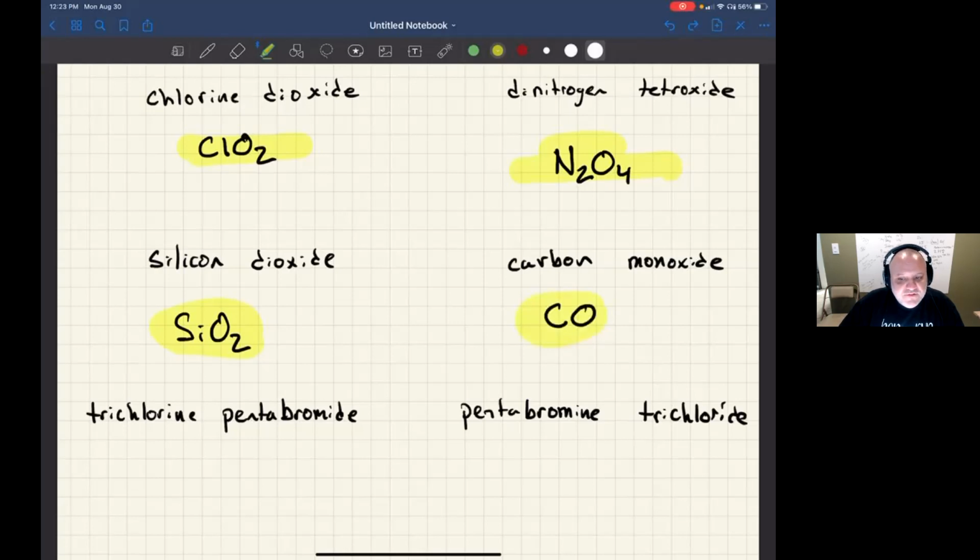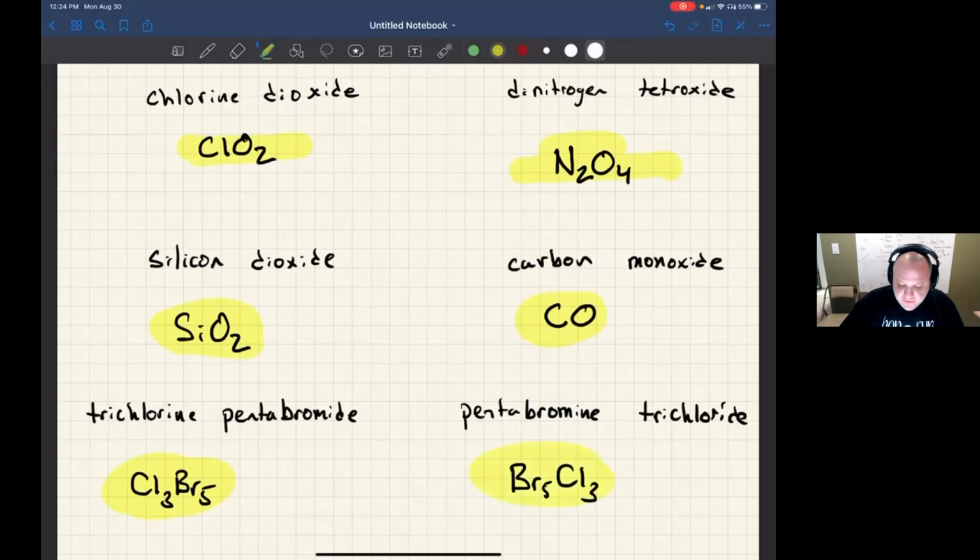Then here's this fictitious example that I wanted to show you guys. Trichlorine pentabromide. The order of the atoms does matter with the nomenclature. So the chlorine comes first. There's three of them. And pentabromide, Br, and there's five of them. Now, what I did in this example, Cl3Br5, and in the next one is I just reversed it. So the formula would be Br5Cl3,